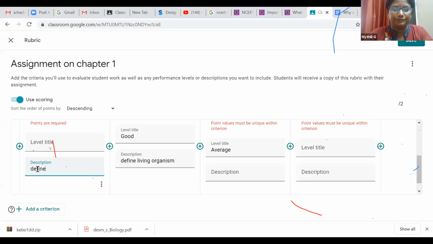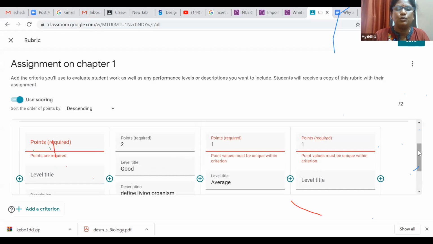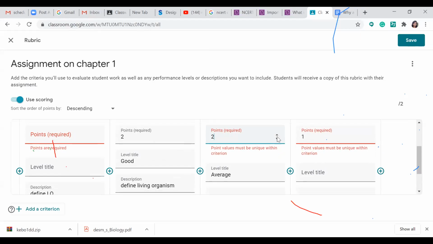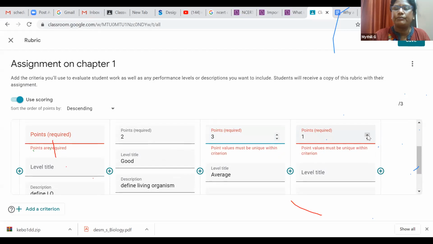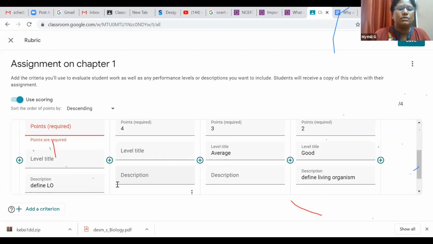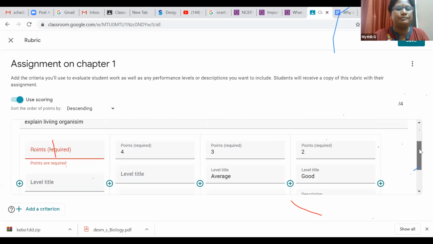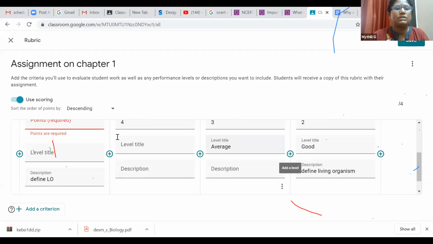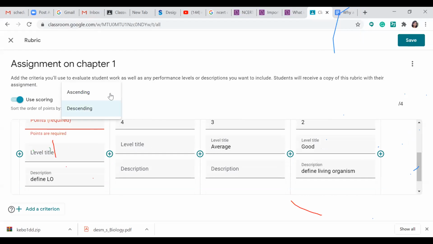find living organism. So I'll write it like this. So here next one is, so I'll go for the point 2. So here I will say this point will be the 3 mark, and this may be a 4 mark. Okay. So for this, for the number of... okay, it is coming descending.